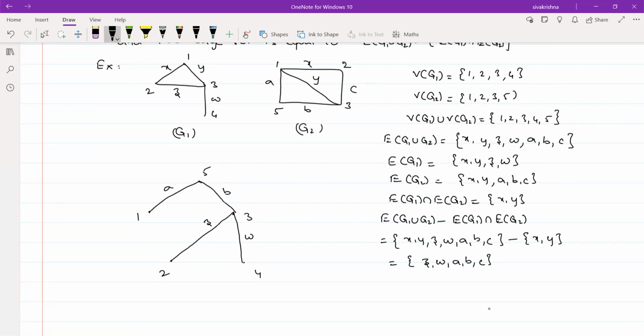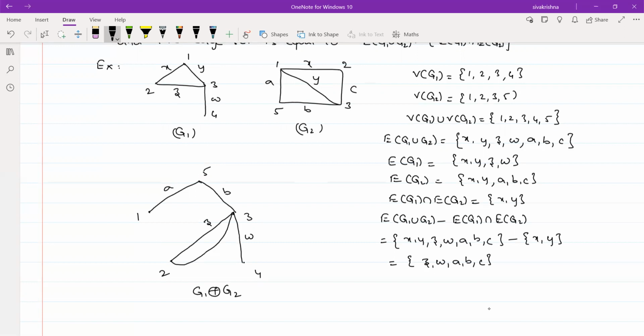And coming to C, there must be an edge in between 2 and 3. Here we already represented an edge between 2 and 3. Once again you have to represent it. It means this is a parallel edge. Okay, we have to represent these particular edges in the graph G1 ring sum G2. Okay, so I have represented all the 5 edges in the graph G1 ring sum G2. Okay, this is the graph ring sum of G1 and G2.